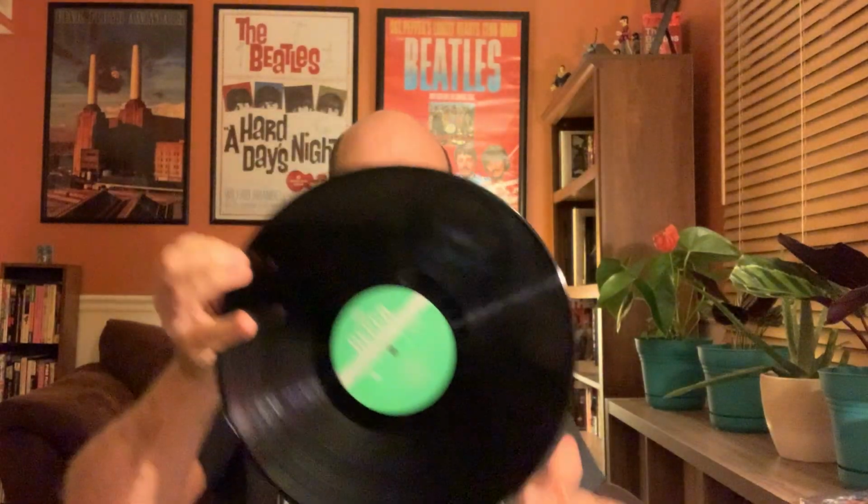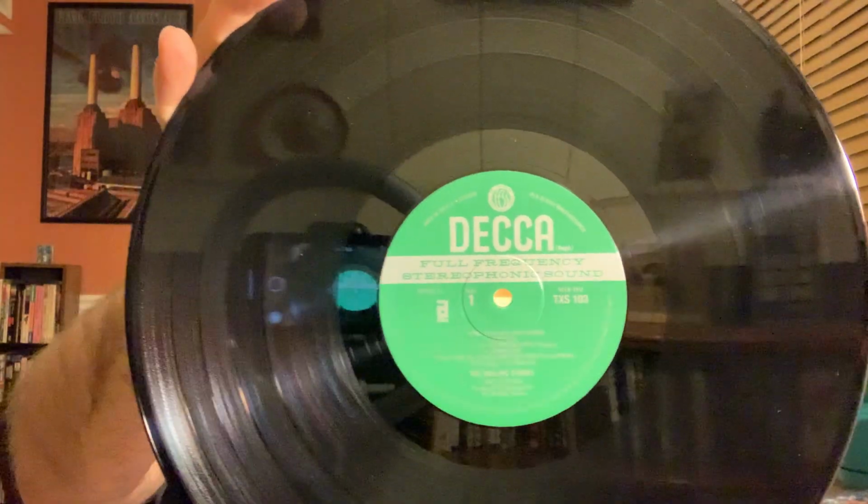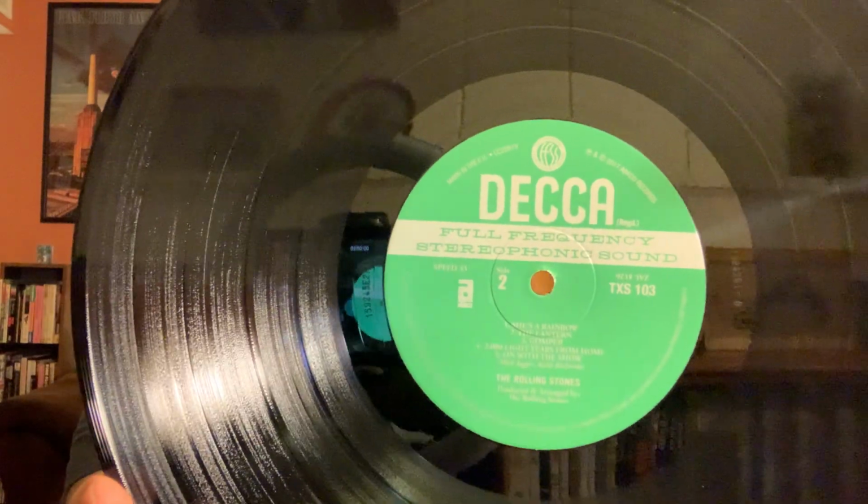And they're housed in a sleeve similar to the original pressing. This is on 180 gram vinyl. This version happens to be the stereo, which they pressed on the Decca label. And I don't know in Britain if the UK copies have the blue inner sleeve or the red one like I had in my copy, but